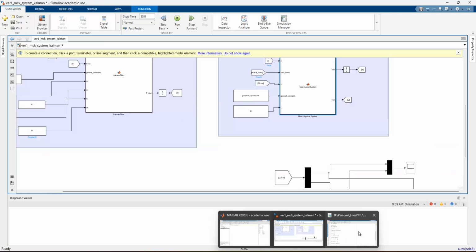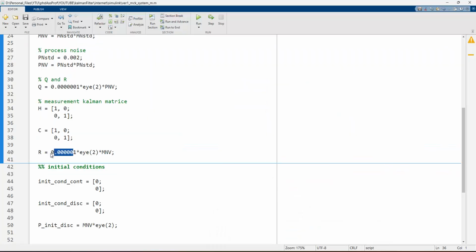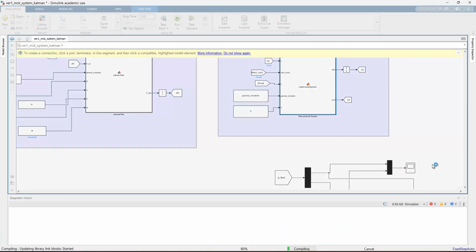But if I set these signals to the 100s right now, and this Q is very, very small, okay? Then I rerun this Simulink code,